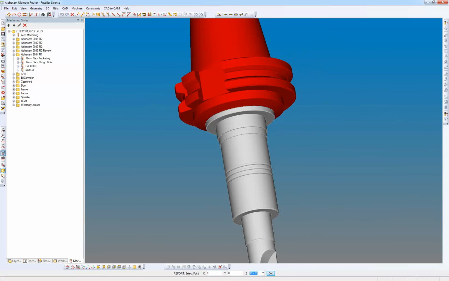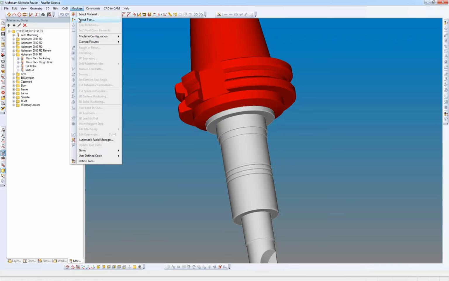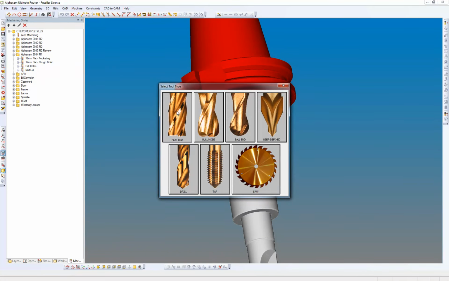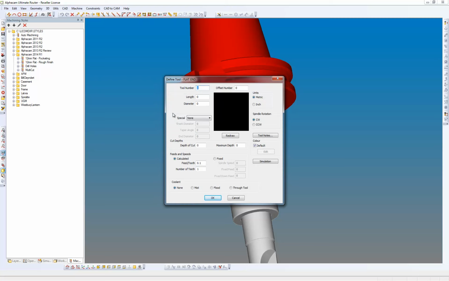see that's about 116. So if we go to the Machine menu now, and we go down to Define Tool, a flat end tool. So we've got a tool number and an offset number. Let's make those the same. So the tool length is a value that we reported, which was 93, and we've got a diameter of 16. Let's just put some fixed speeds and feeds in here. Maybe a spindle speed of 5,000, and we'll put in a feed rate